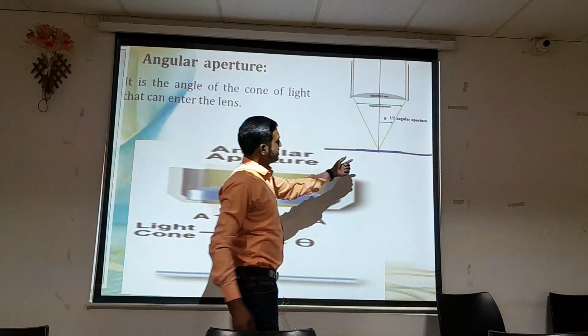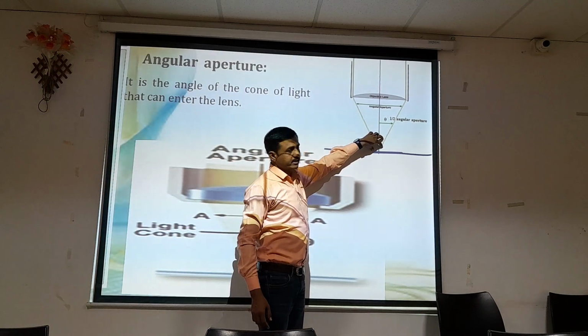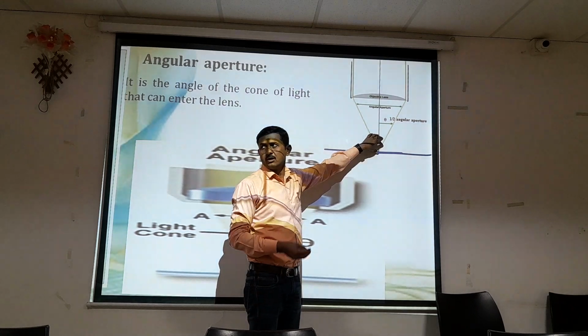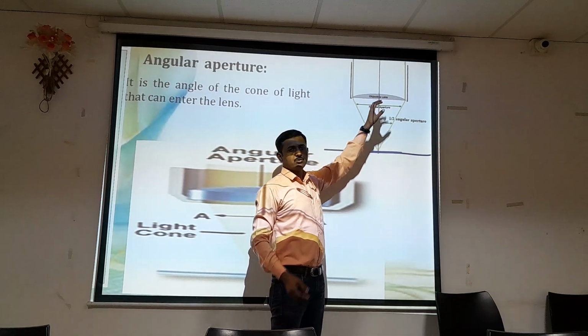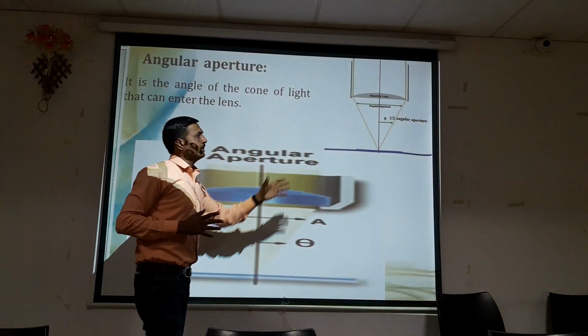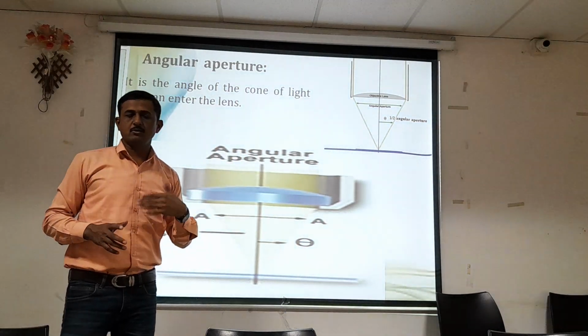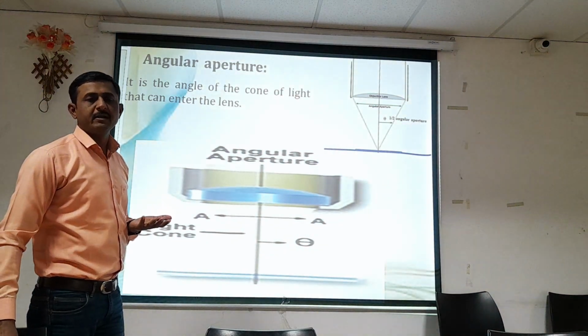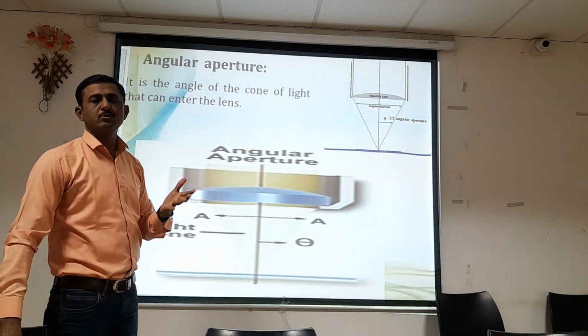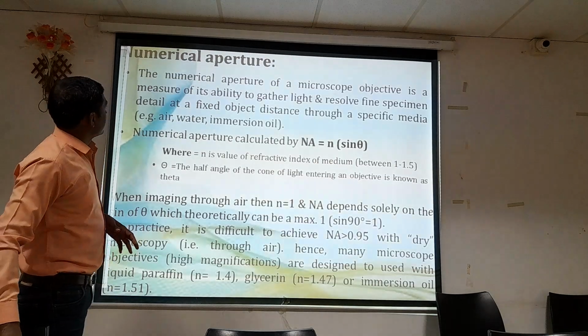In this diagram you can see, as we place a cedarwood oil or oil emulsion, all the light is entering into the objective without scattering of light, and that's why at that angle your objective can magnify better as compared to the dry medium. Another is